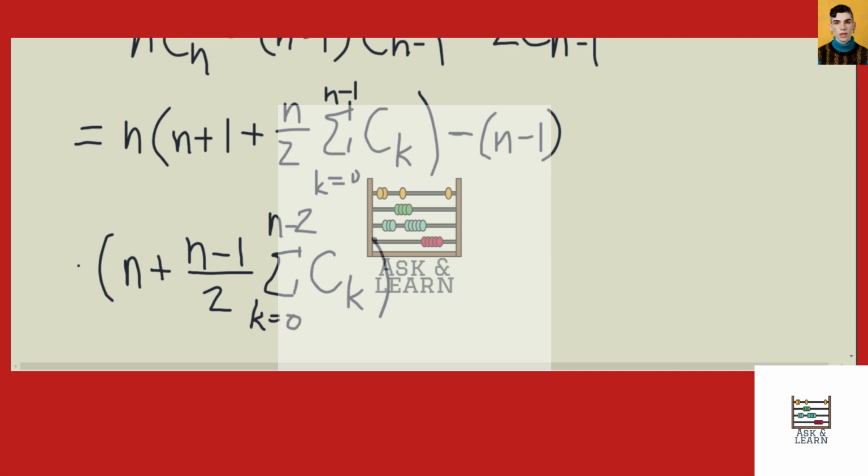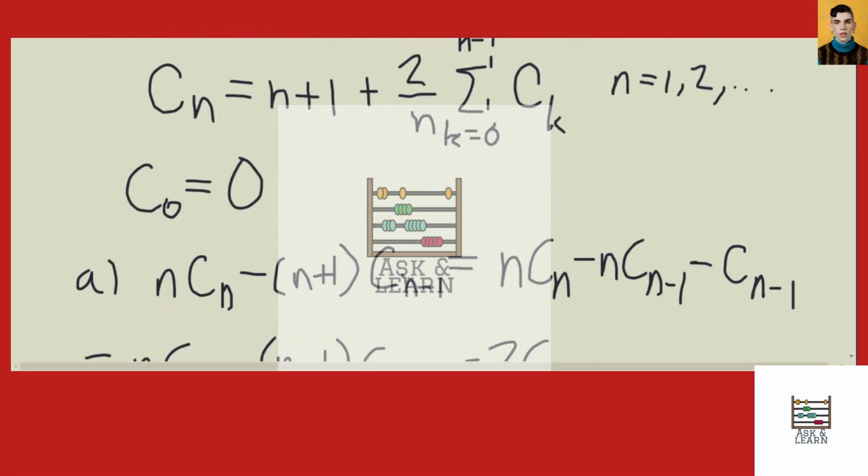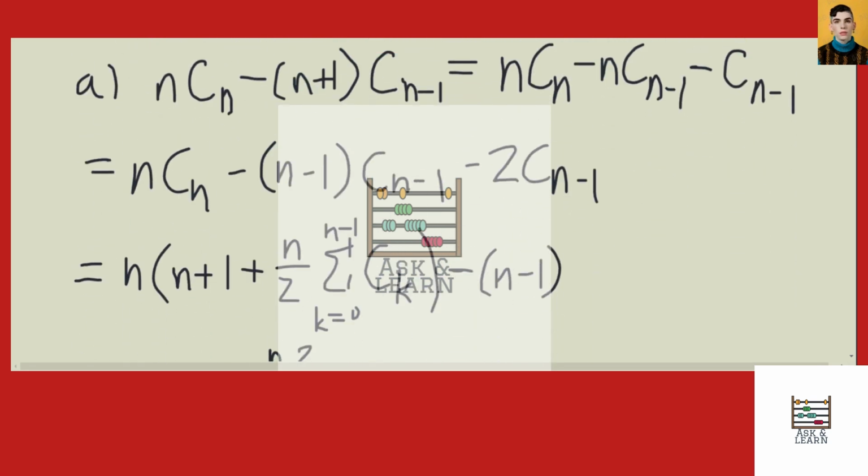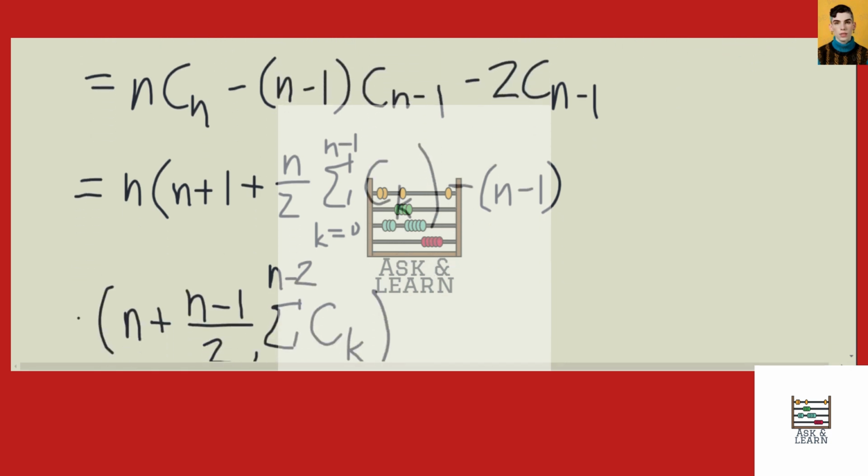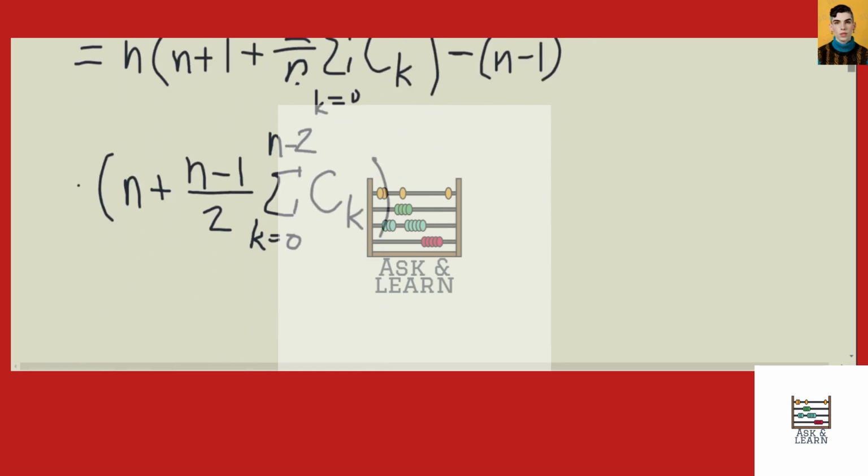My mistake, instead of n over 2, this should be 2 over n. So this should be plus 2 over n, and this should be plus 2 over n minus 1. And then subtract 2 Cn minus 1. And this is equal to